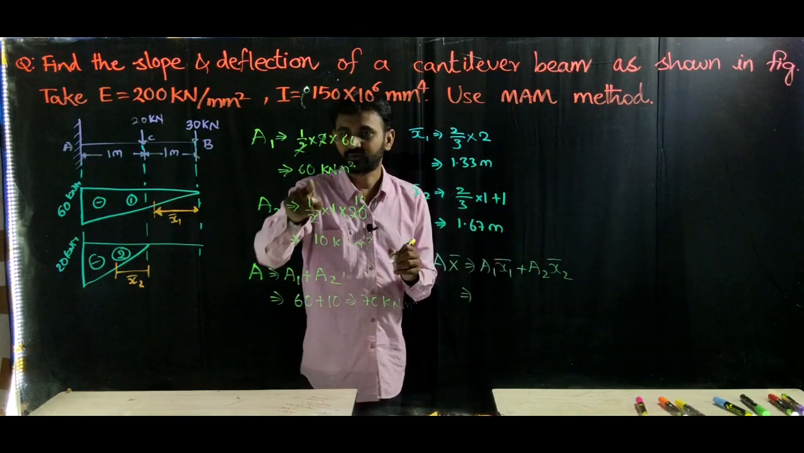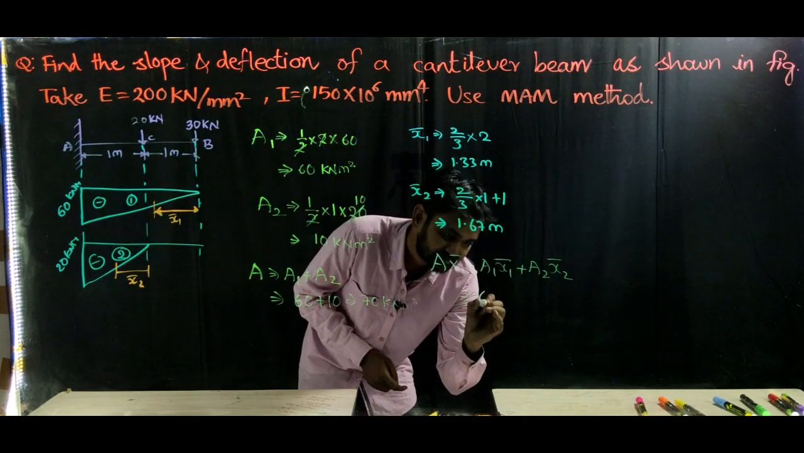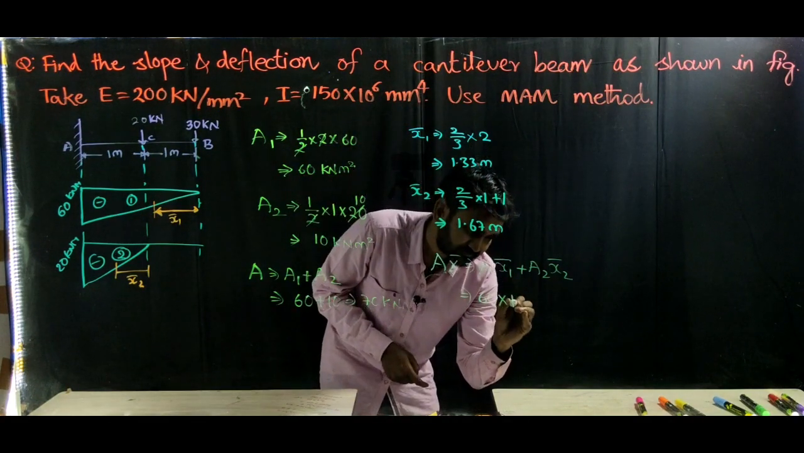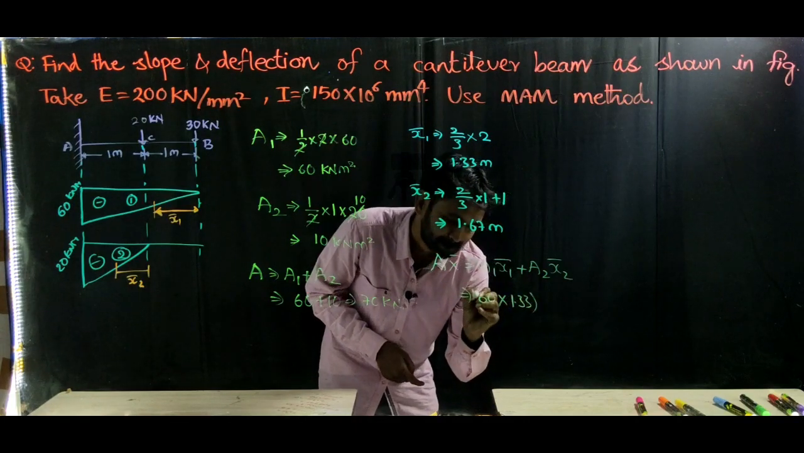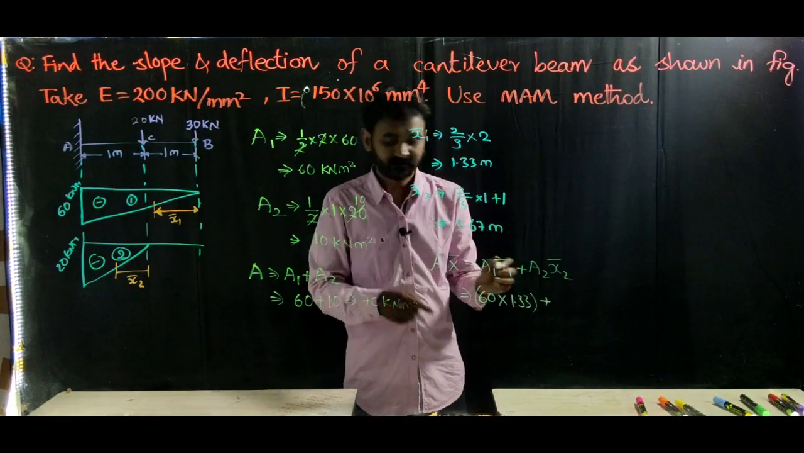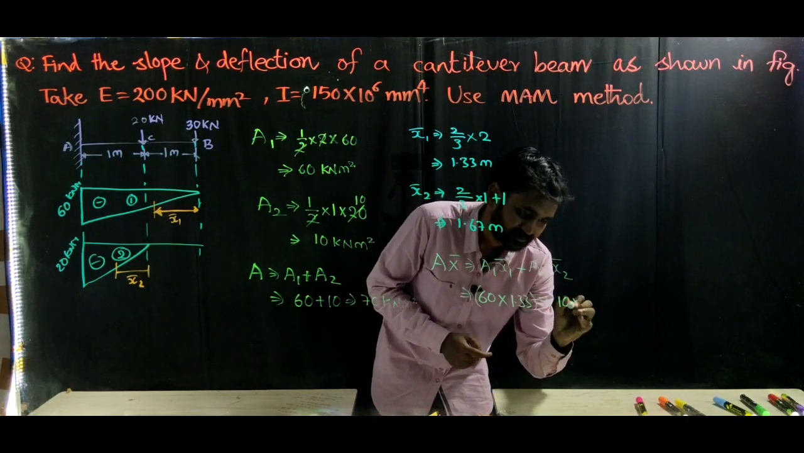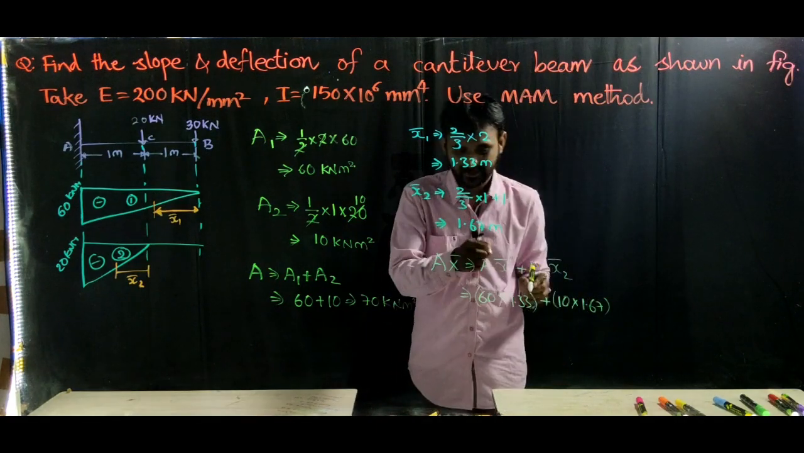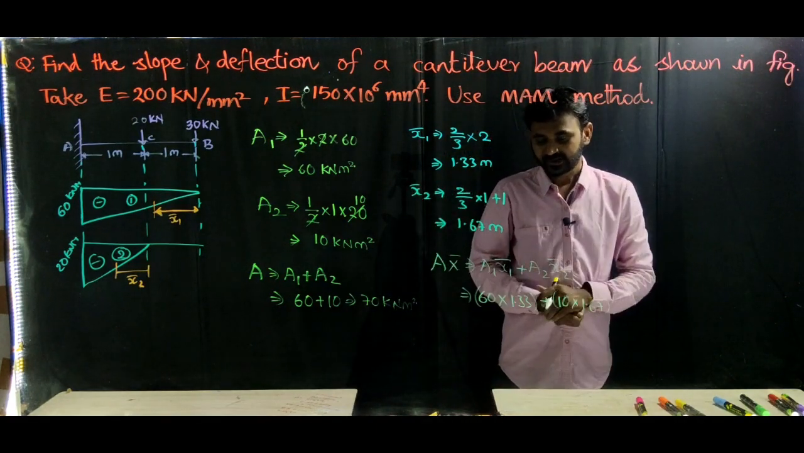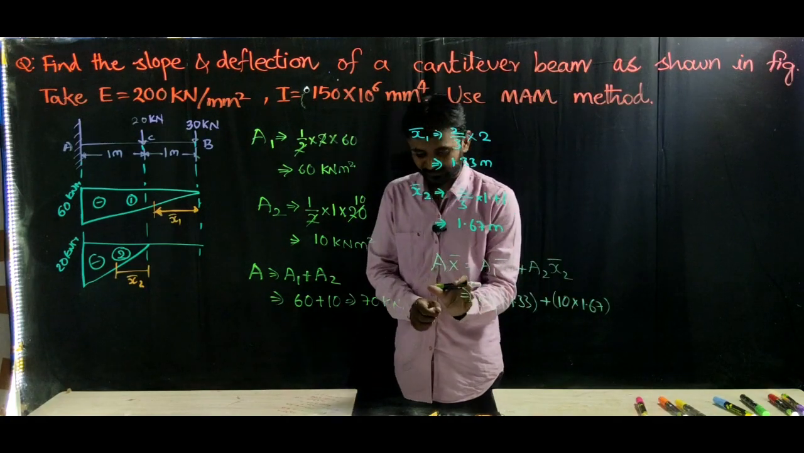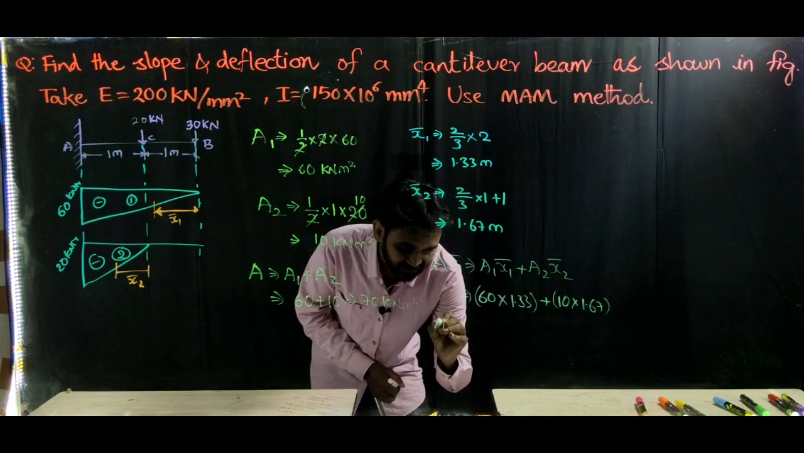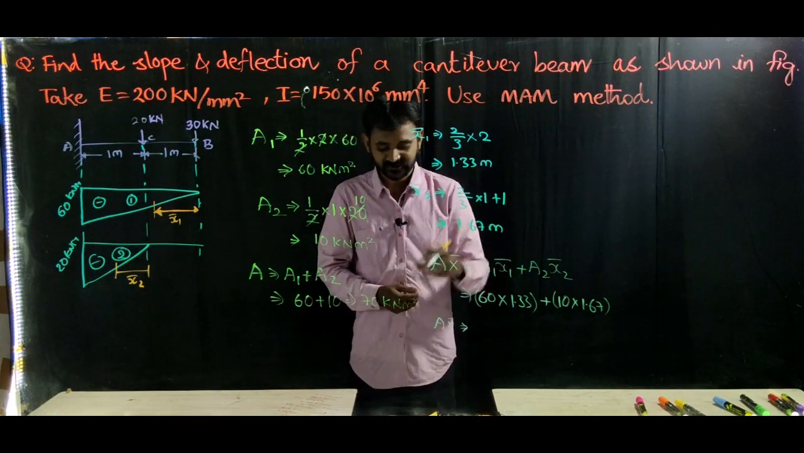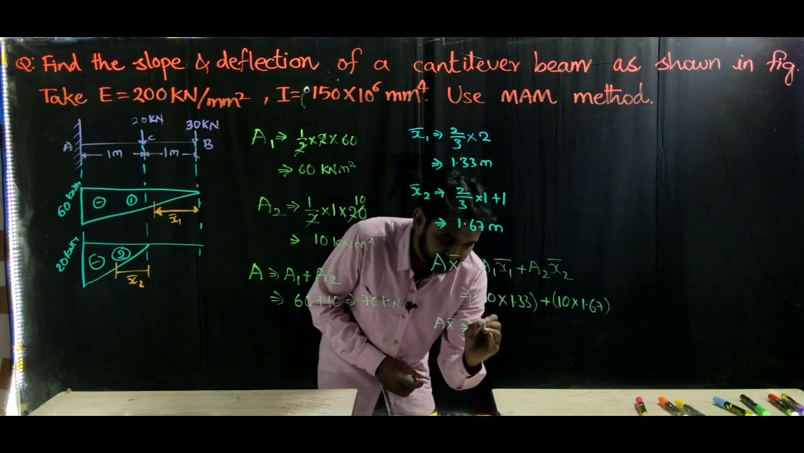What is A1 here? You got 60 kilonewtons. So 60 into, what is the x1 value here? 1.33, plus the A2 value, which is 10, into 1.67. So A1 x1, A2 x2. You got the value of A x bar now. What is the value of A x bar? You can open up your calculator and solve this. You will get 96.5